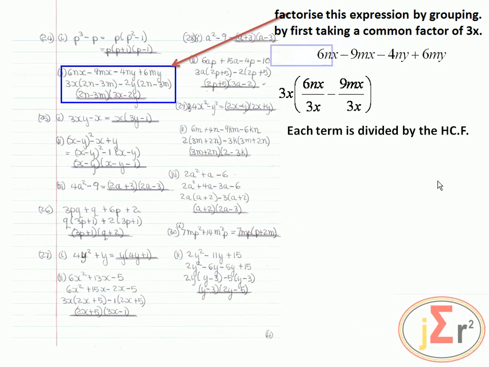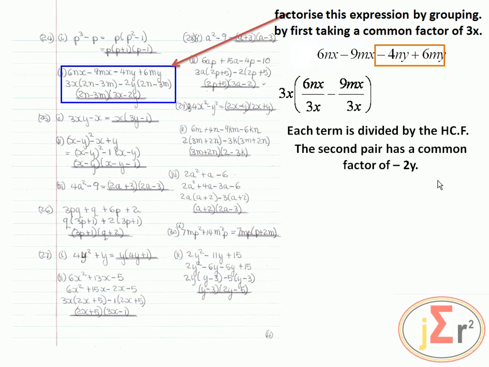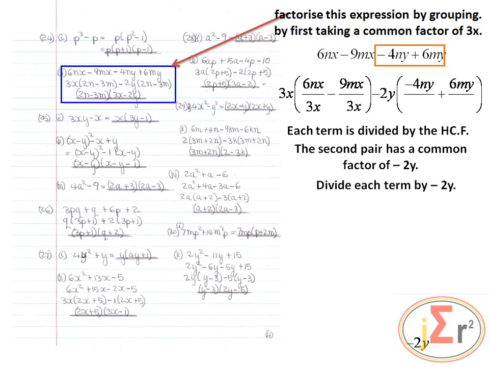And if we take a common factor of the second 2 terms, the second pair has a common factor of negative 2y. What do? Always factorize by taking the highest common factor and also dividing each of the terms by the highest common factor. So divide by 2y. And what do we know now? For that one, we say